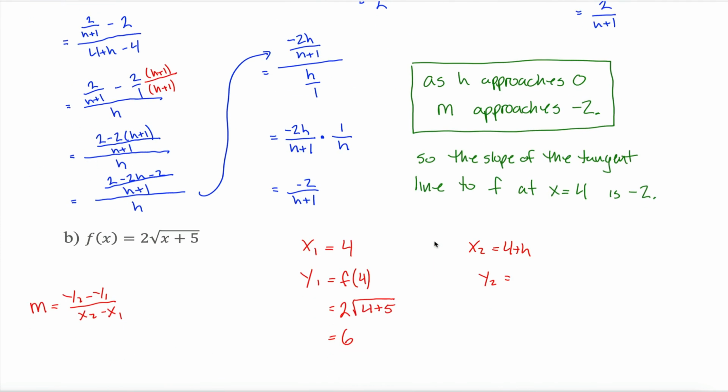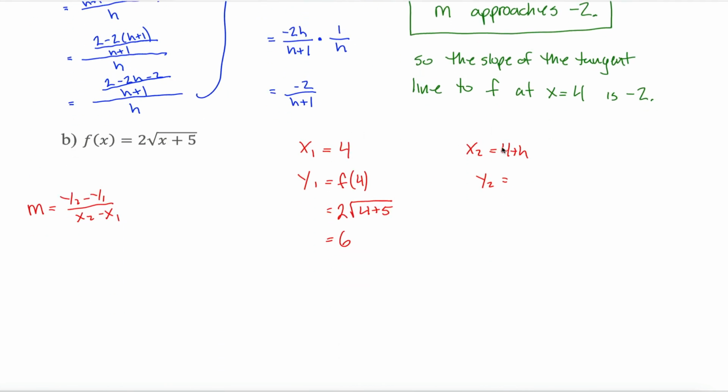For the secant line, I need 2 different points. One of them is 4, and the other one, totally different, is 4 plus h. What's h? Don't worry about that. It's just a variable that represents the difference between my 2 different x values. So if it were the secant line from 4 to 10, h would be equal to 6. x2 is 4 plus h, y2 is just what comes out of this machine when I put 4 plus h